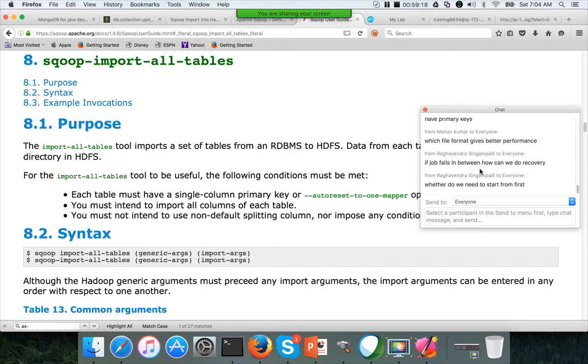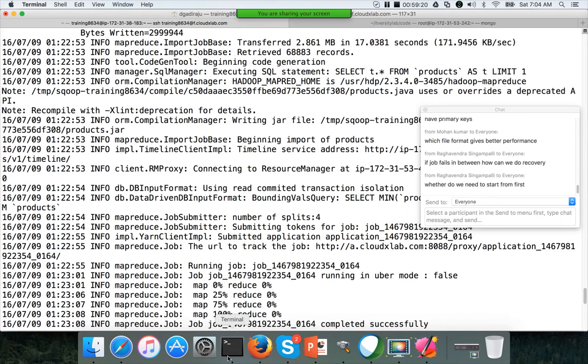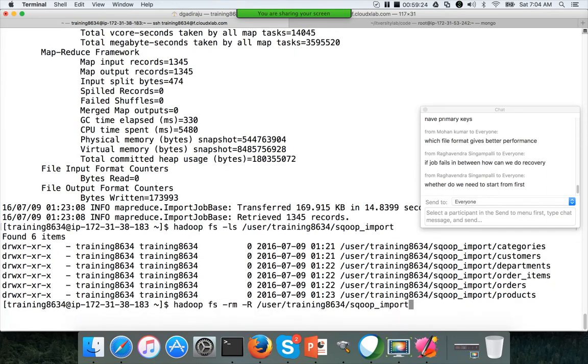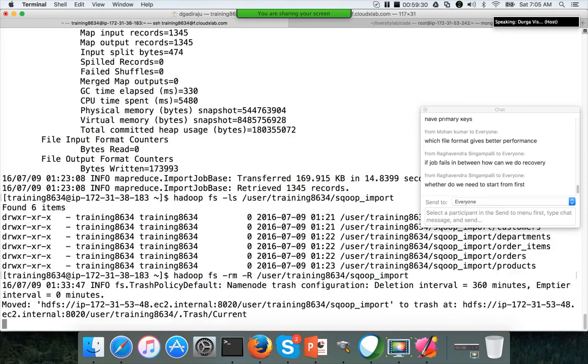But commands such as import-all-tables are a little bit riskier. If import-all-tables fails, then you have to delete the entire warehouse directory like this, and then you can run the Sqoop import-all-tables again. So it depends upon the command which you are using, and you have to take the necessary action depending upon its limitations or features.